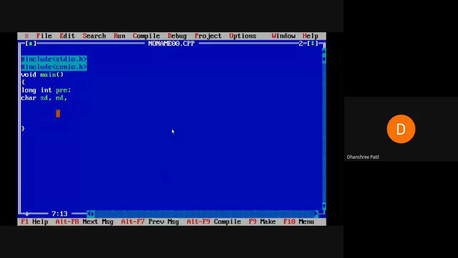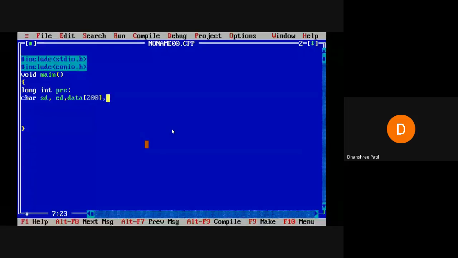Start delimiter, then end delimiter. For that I have taken a character. Then the data field, for example, we will take it as 200.